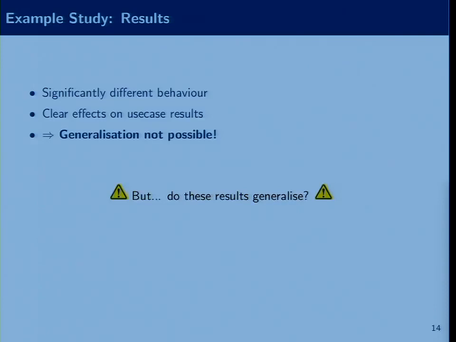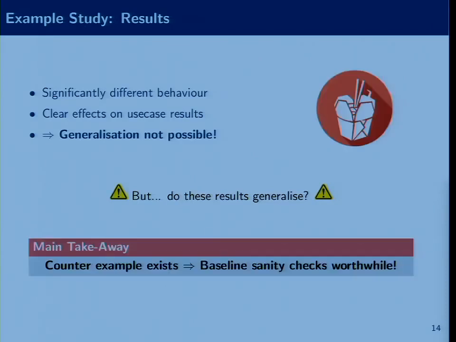In order to not be a hypocrite, though, we should probably think about whether these use cases generalize. For example, AlphaStar might have more human-like behavior than this AI on the ladder. So that's a thing we can't answer right now. But what we can say is that counterexamples exist where these approaches don't work. And so I think that's a strong case